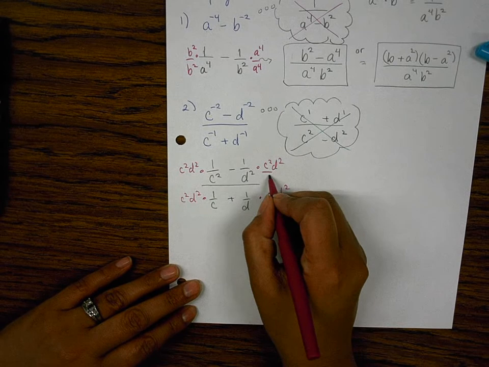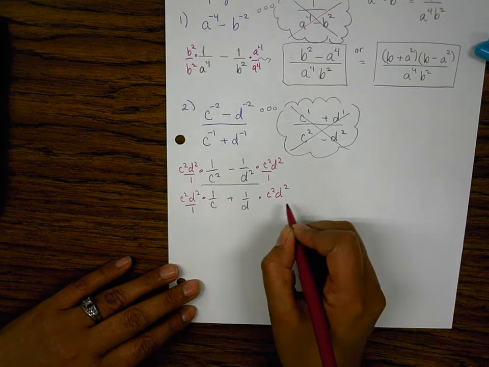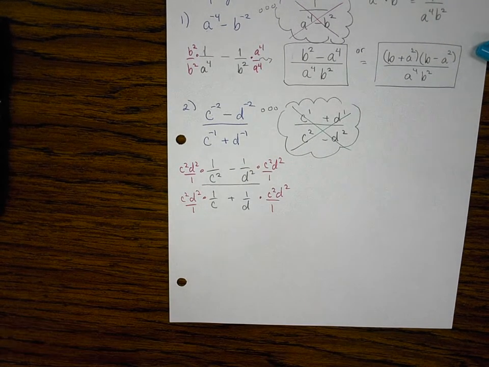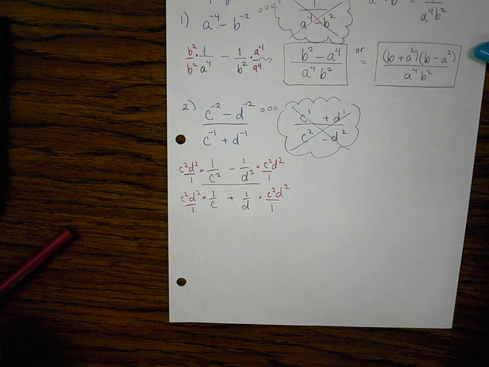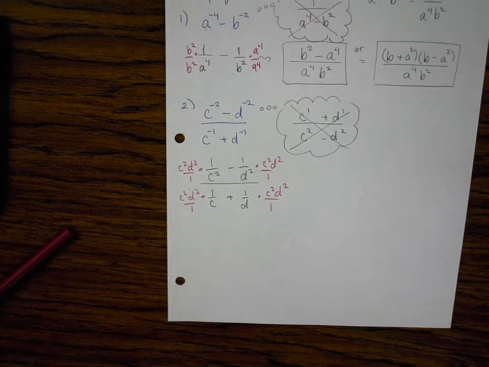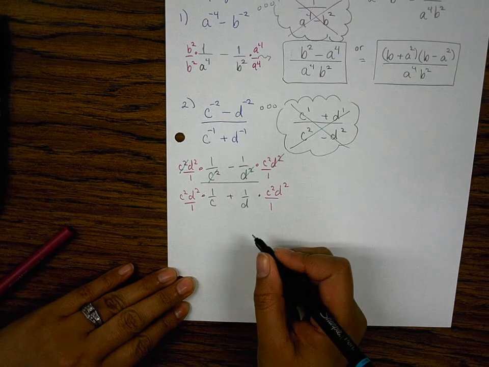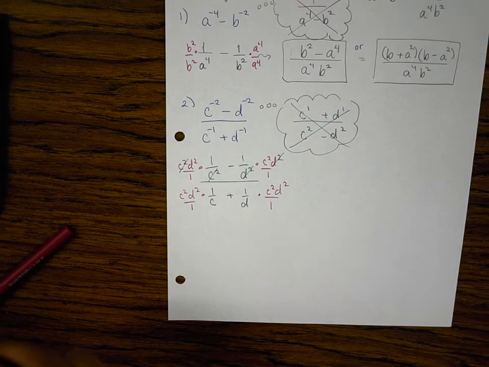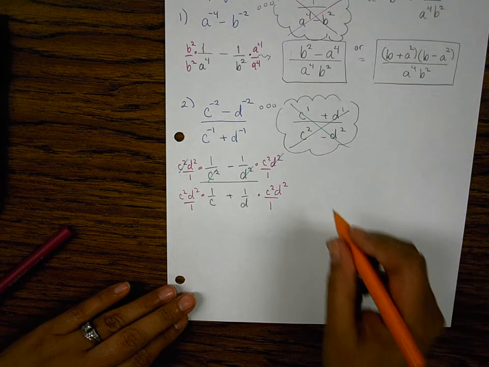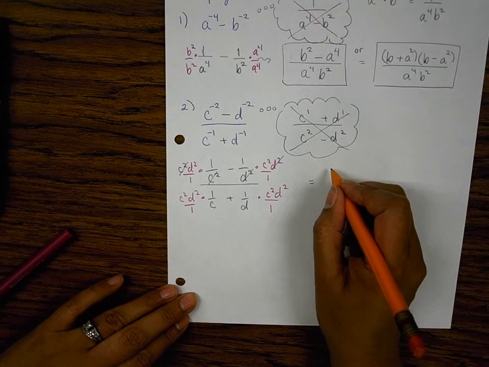I'm doing it to the numerator and I'm doing it to the denominator. Now you don't have to make these fractions. I do just to see that it's a fraction times a fraction, but it's not necessary. But I like it because then I can see that things cross reduce. C squared is gone, d squared is gone. That leaves me with